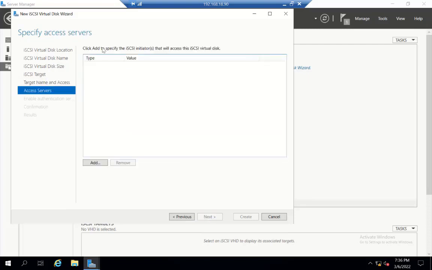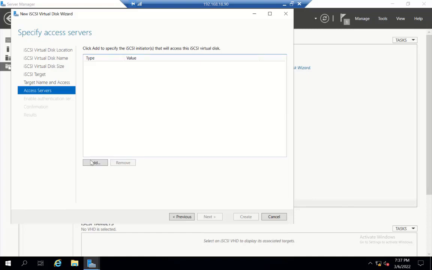In my case, as I told you, I copied my IQN numbers, so I will add my IQN numbers here. Only those IQNs are able to connect to this server. Here we can also assign an IP address, or if you would like to add a Windows server as an initiator.